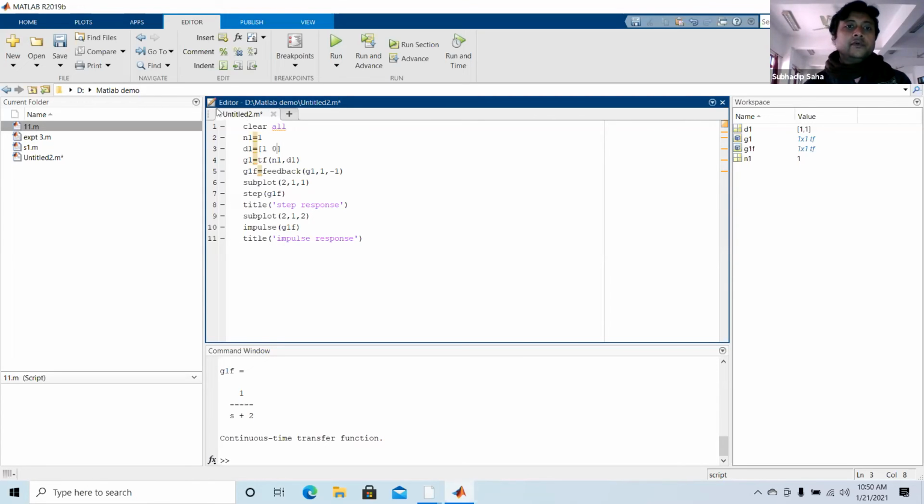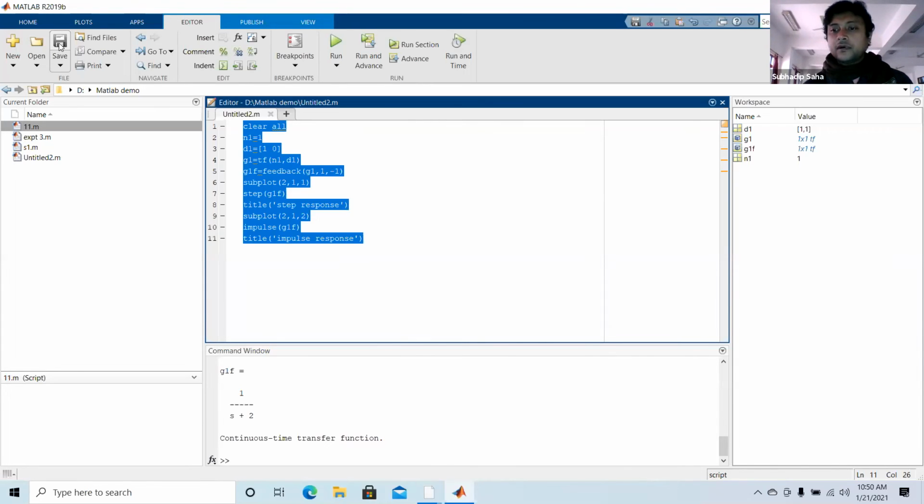Whenever you change the data, you have to save it. So you have saved. Now you have to run the program. You have to select all the lines and click on run. When you click on run, the entire program will execute in the bottom space. Okay, so I'm clicking on run.